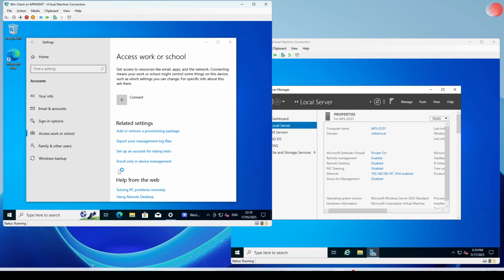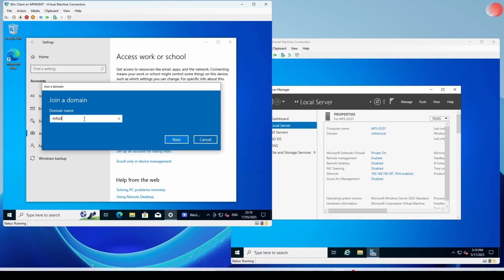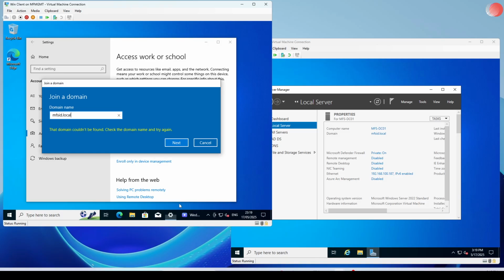And here it is asking me to type the domain name, which it should not take. Yes, exactly. So when we are working in a domain environment, the IP address of your domain controller should be in the DNS of the computer that you're joining to the domain. So if we look at the network settings here,